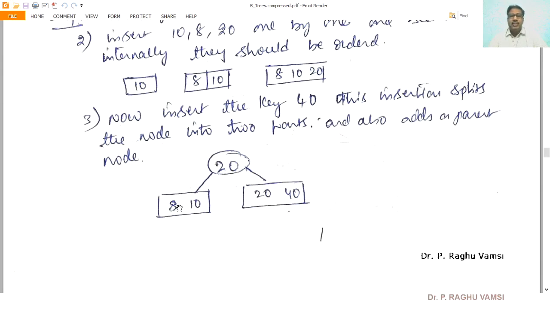This is the way the splitting will be done, and a new parent was allotted. The elements that are less than 20 are placed at the left side, and the elements that are greater than 20 are placed at the right side. This is the split operation and parent evolving operation in the B tree.